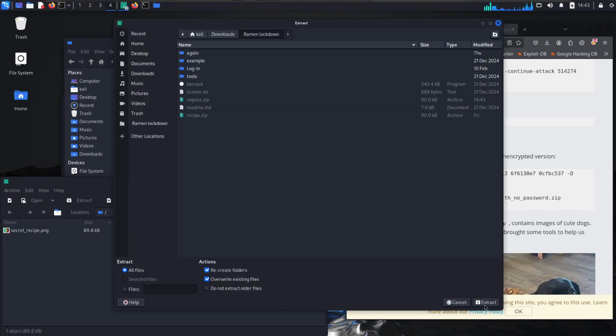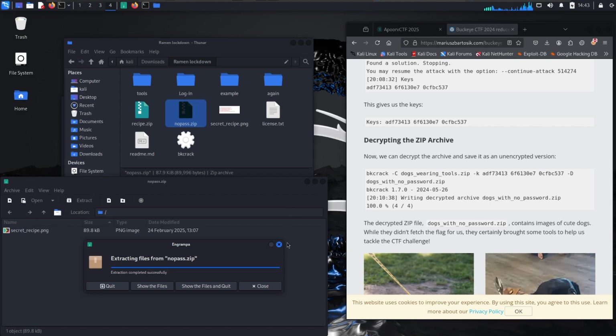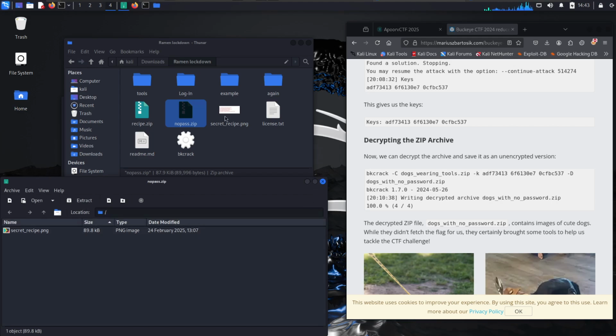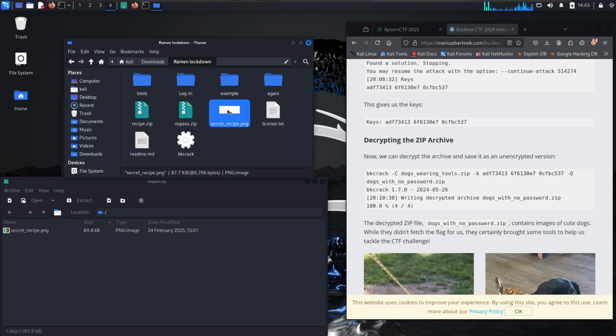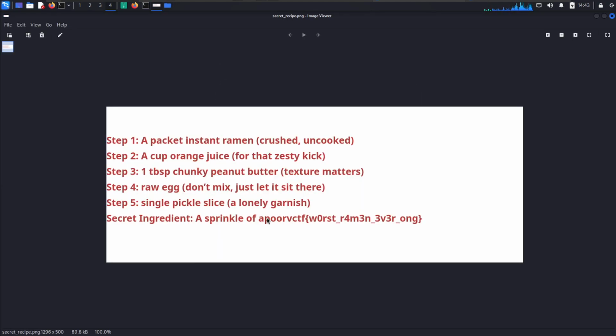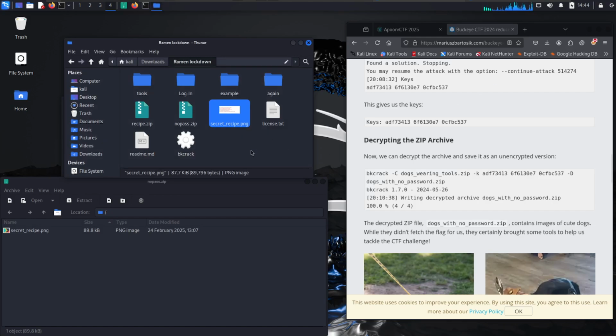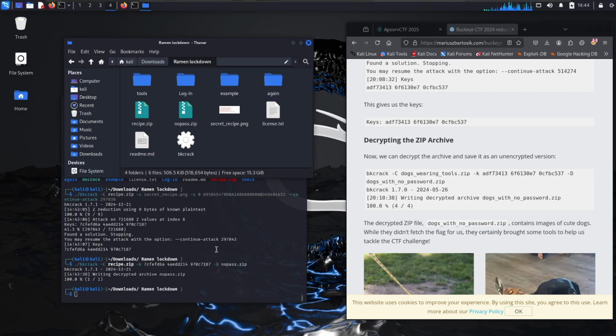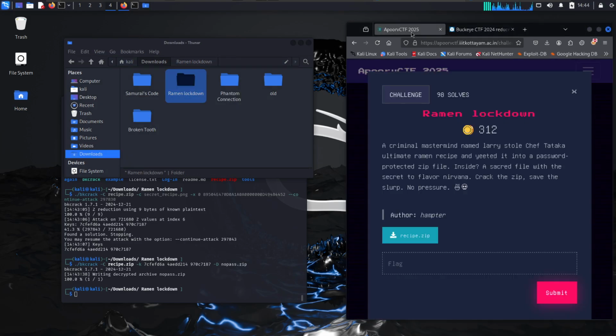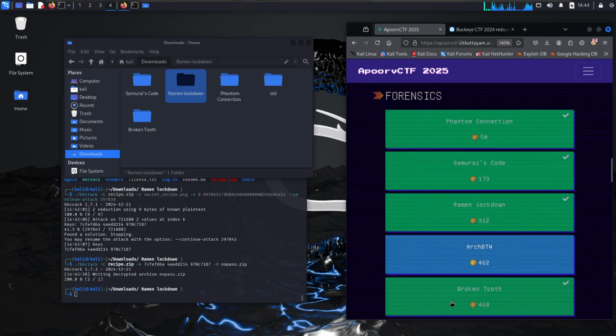If we then extract that, hopefully there is the flag. Now the first time when I extracted it, I didn't put .zip and it confused me for a few moments, so yeah, the .zip, and away we go. So then finally in the forensics, with broken tooth,